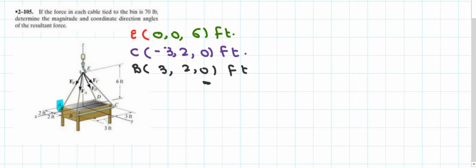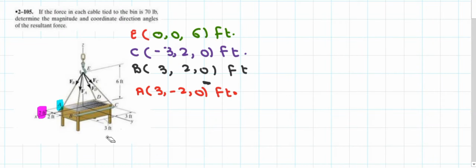Now, lastly, point A. Similarly, point A basically lies on the xy plane. Again, this 3 foot distance is the positive x value in point A because it is indicated outward from the screen, and this 2 foot distance is the y value in point A, but this 2 foot distance is indicated on the left hand side, so that's why it is considered a negative y value in point A. So the location of point A is written as A(3, -2, 0) foot. This is basically the location of point A.